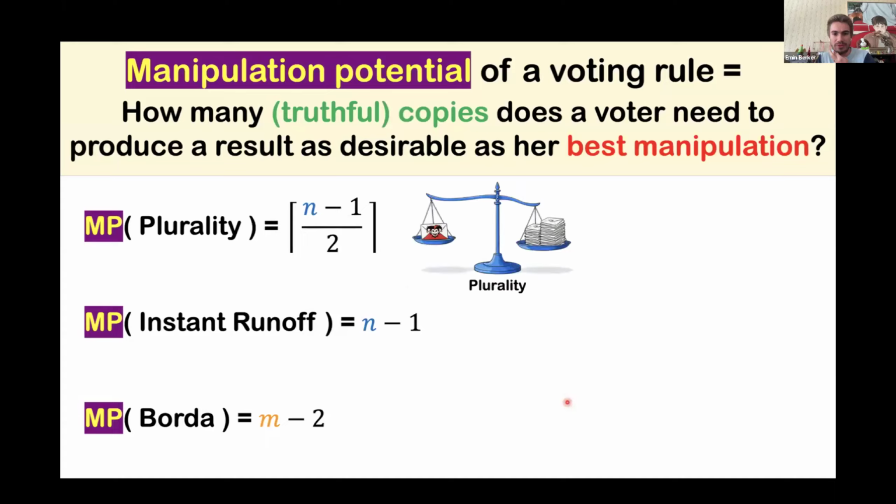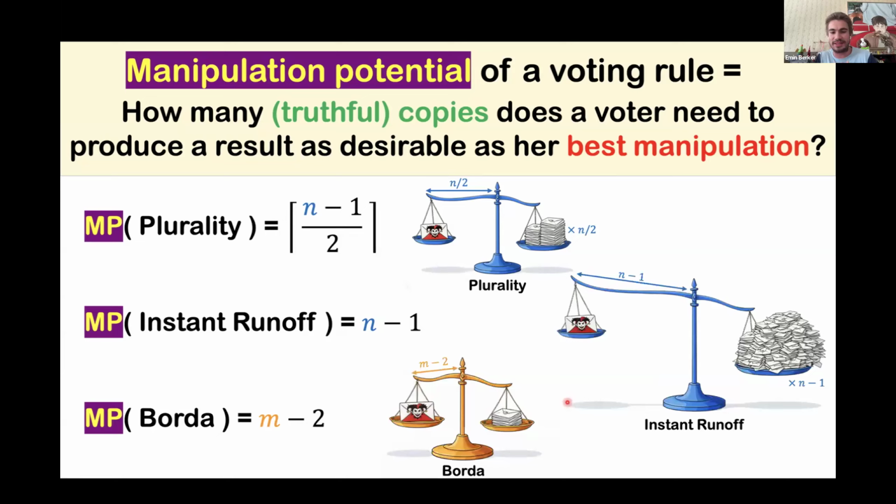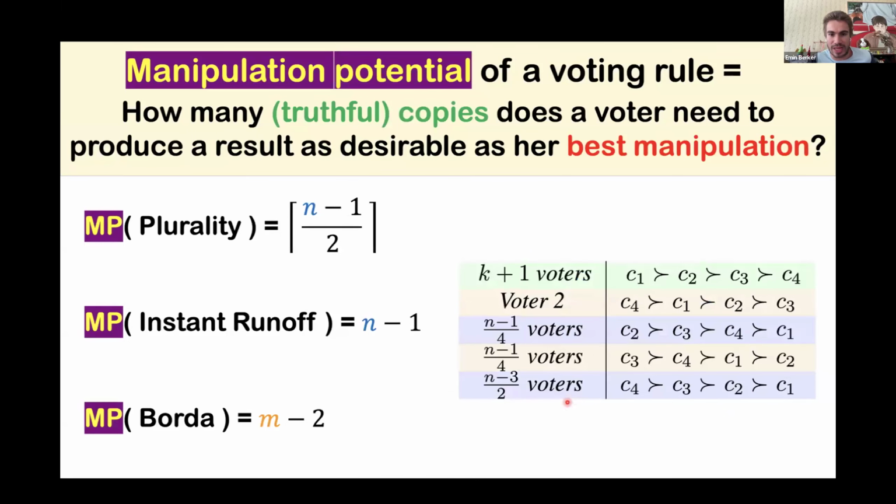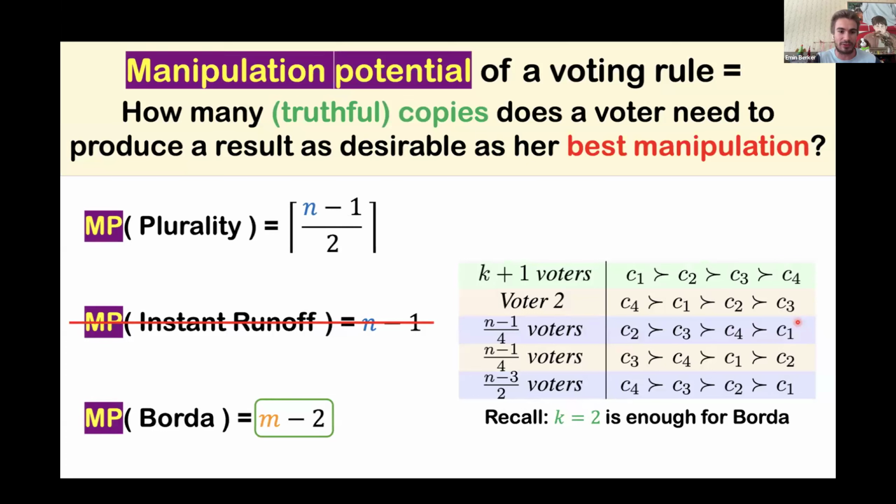So going back to this analogy with the scales, the same manipulation under different voting rules can lift different numbers of truthful copies. And if you remember the introductory example, I showed you that even 2 copies was enough for a Borda count to get something as good as manipulation, but this is exactly equal to m-2 in this example because there are 4 candidates. Okay, so now we definitely know instant runoff is not the best out of these 3